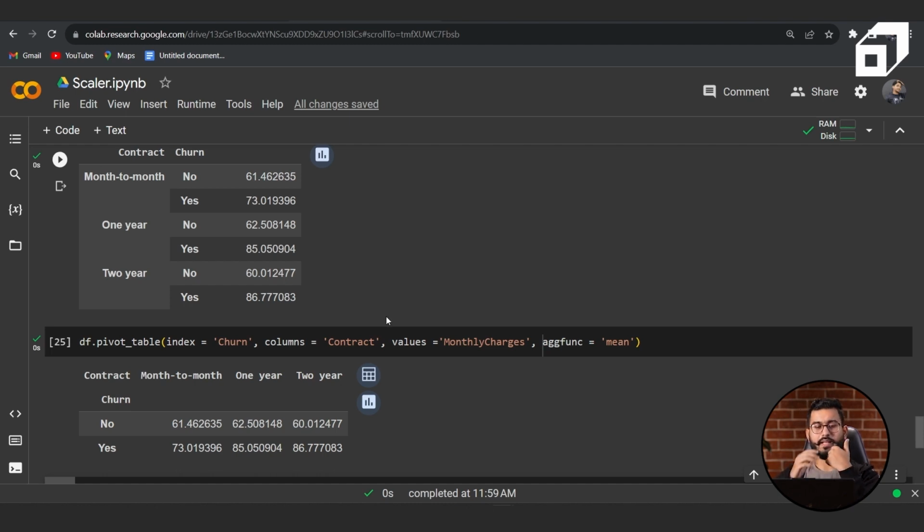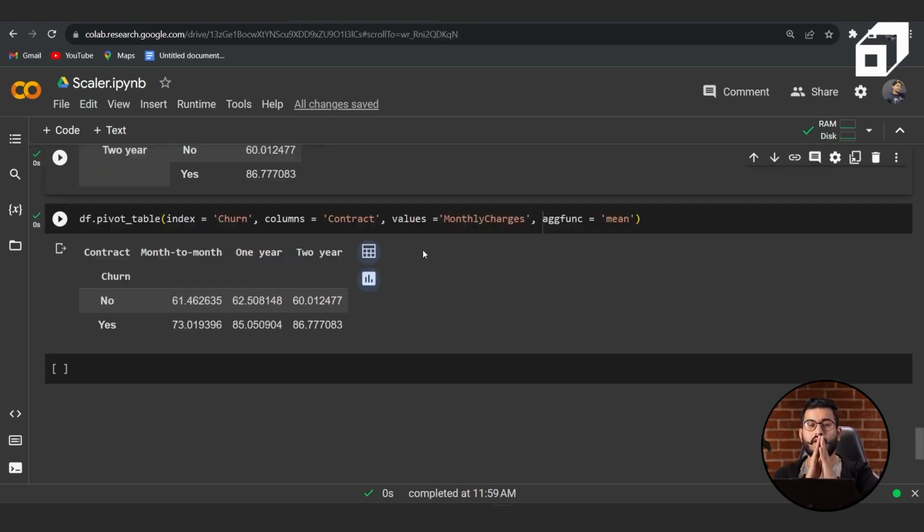So this is how we can group the data. We have seen both the examples, how to group the data using group by functionalities, and within group by how to perform one level grouping or multi-level grouping. Then we have seen the example of how to use pivot tables to group the data on both row and column level. Now let's talk about how to delete a column and how to add a new column in a